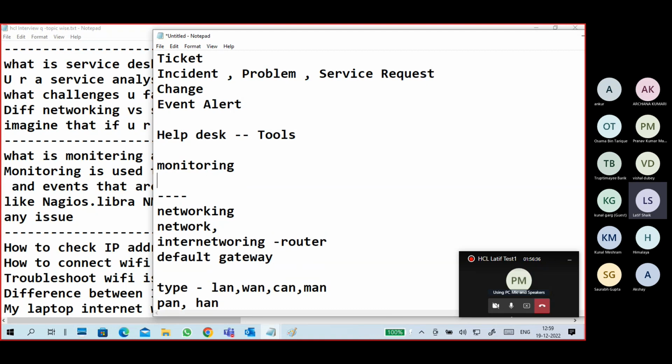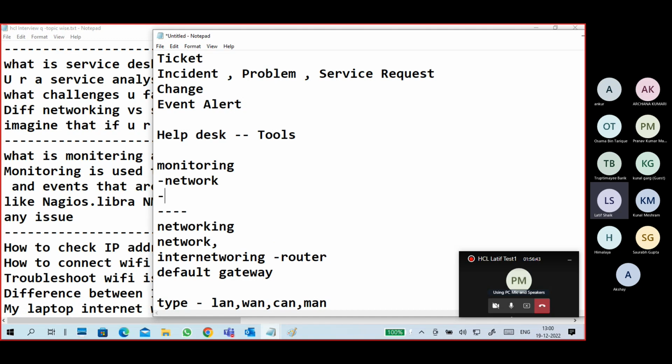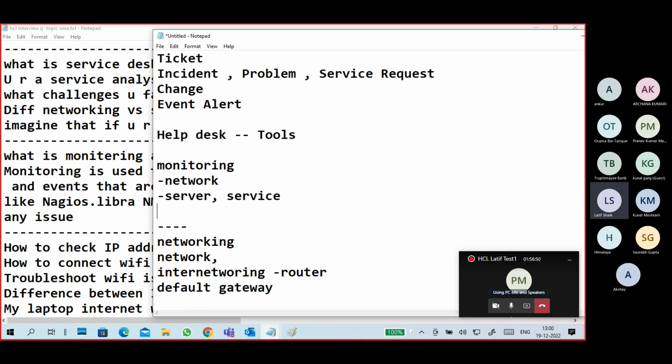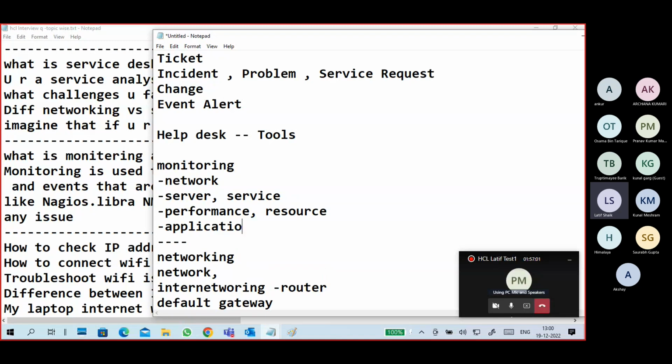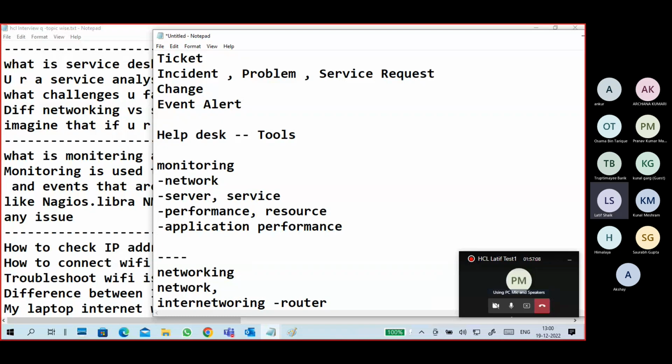There are different types of monitoring, like network monitoring, server monitoring or service monitoring, performance monitoring or resource monitoring, and application monitoring, so application performance monitoring. Different monitoring tools are also there, which we already discussed.